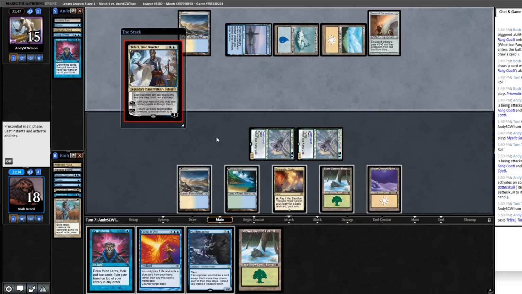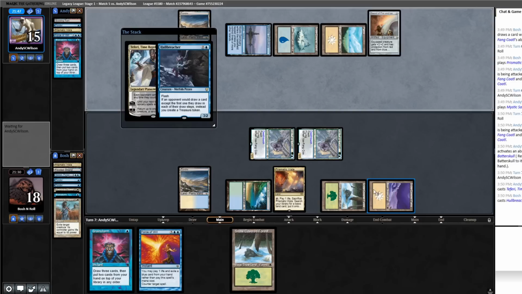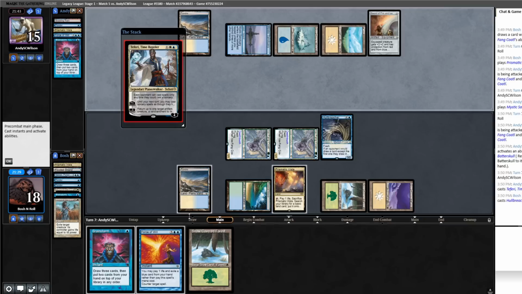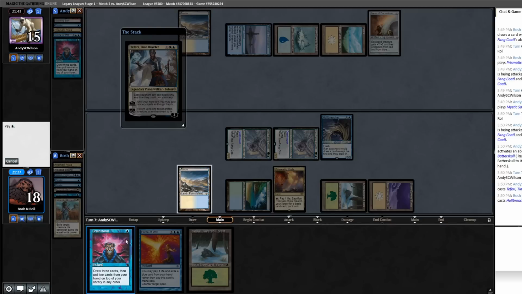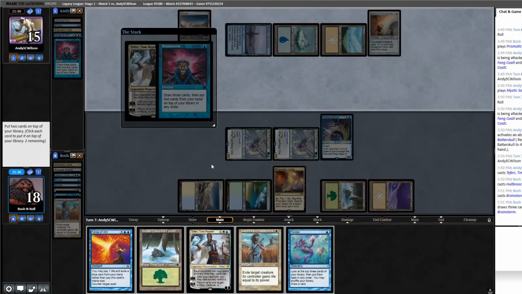Teferi, Time Raveler. That's not a very good card right now. So I stick Hullbreacher. Then I think I also just Brainstorm now, because I can't Force anyway. So I'll Brainstorm now. Put back...